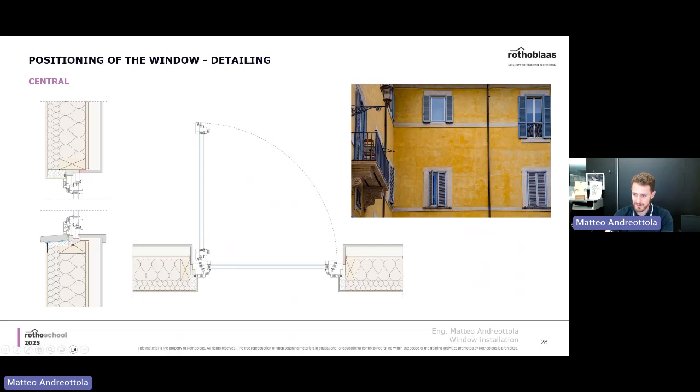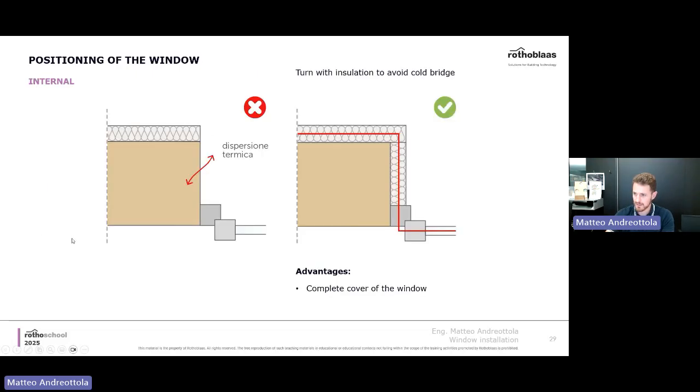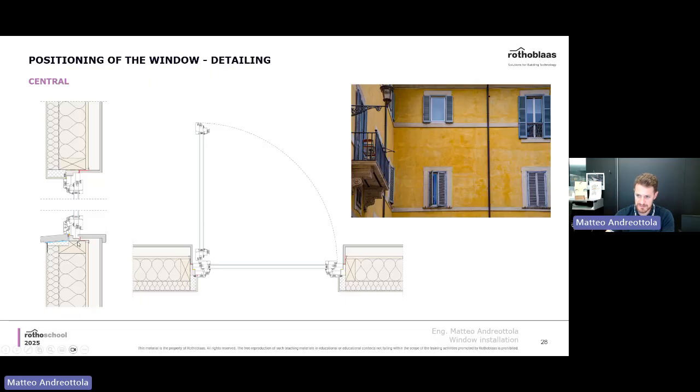See, by the way, every time I open up one of these drawings for you guys, you see that the layers that we are discussing are always there. So you see that in this case we have, and I'm pointing it to you guys right now, this red part, which is a tape, and you see that this one in particular is continuous with what seems to be the OSB board on the inside of the timber frame. So you see that this is continuous. Remember, though, that the timber frame itself is airtight, so that's perfectly correct.